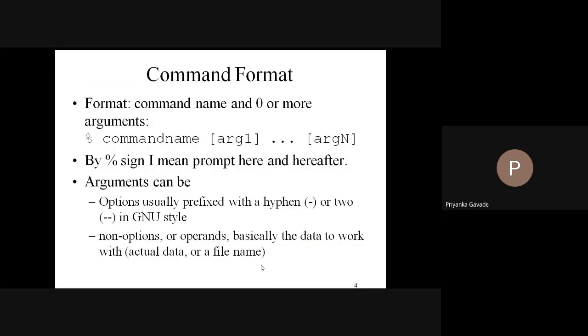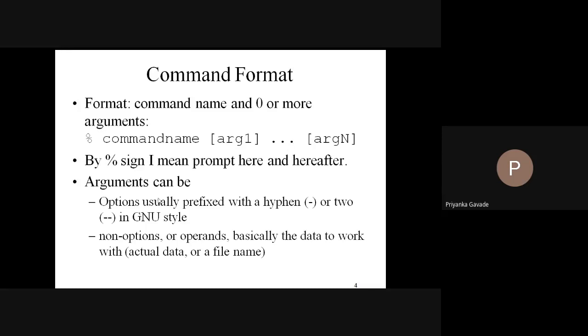So today we shall see some of the basic commands. In the previous class, we had already seen about the path variable. We had seen about the type command, right? So we are already familiar with the command structure. I still repeat, it begins with the command name. This percentage, we call it as prompt, right? Followed by the prompt is the name of the command. Followed by it, you have options, and then you have arguments, right?